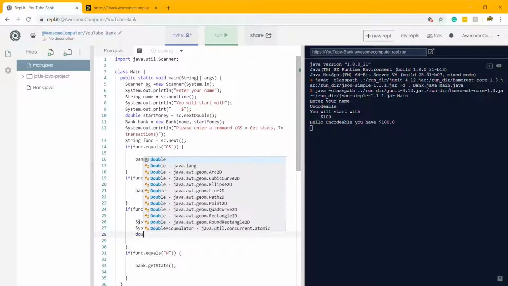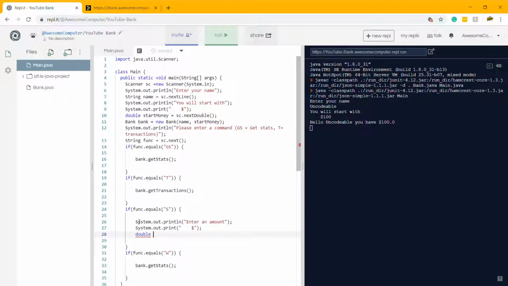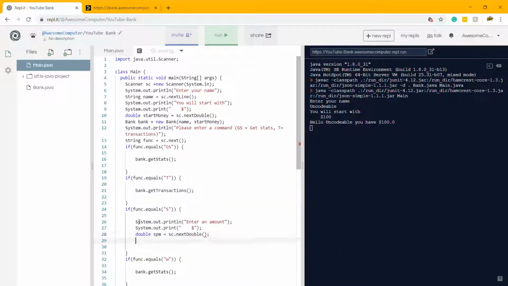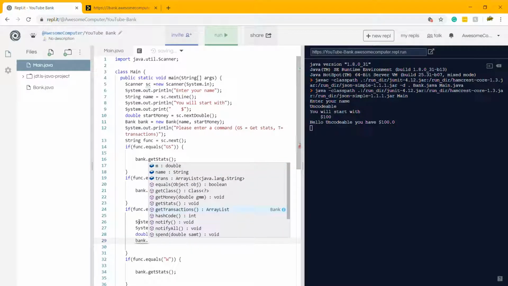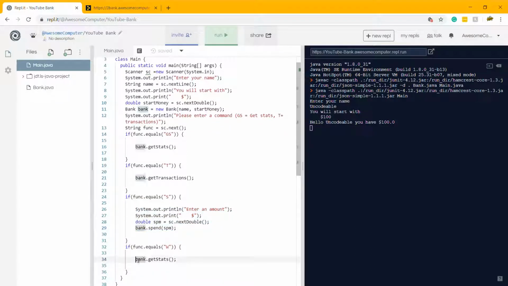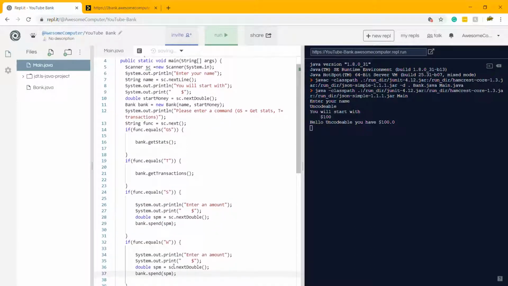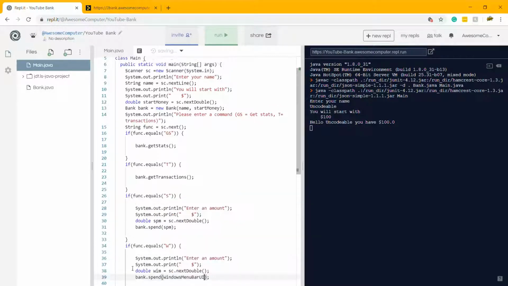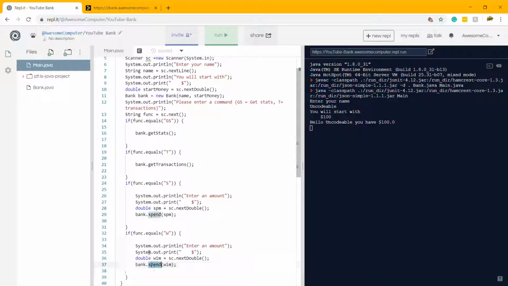And then we're going to take in a double spend money equals sc.nextDouble. And then we're going to go bank.spend as PM. See how simple that was? Now all we have to do is copy, paste, rename the variable to wi rim, rename this to rim, whoa, and change this to dot,